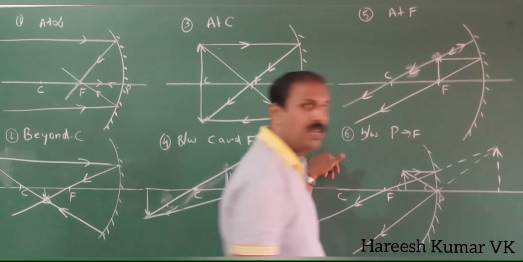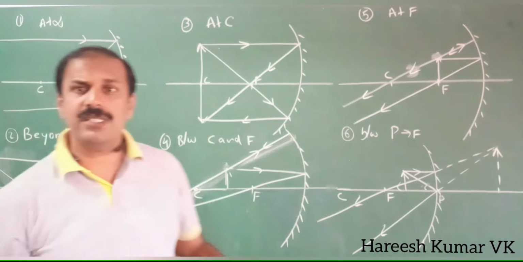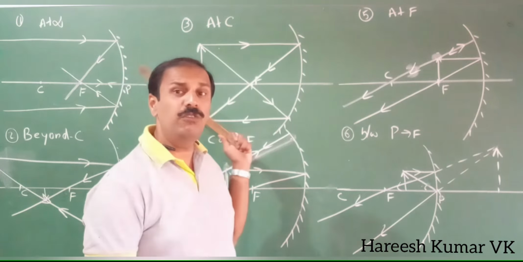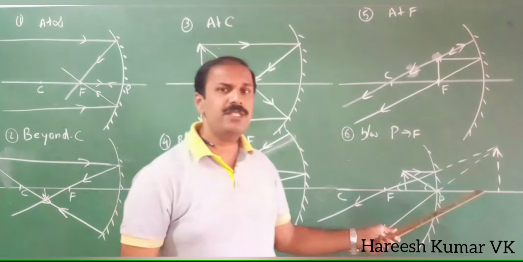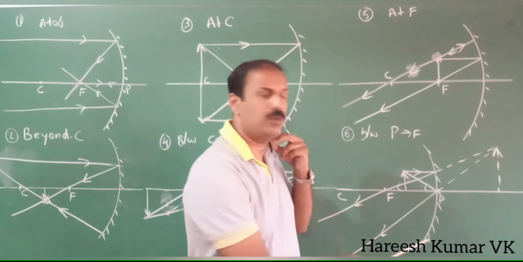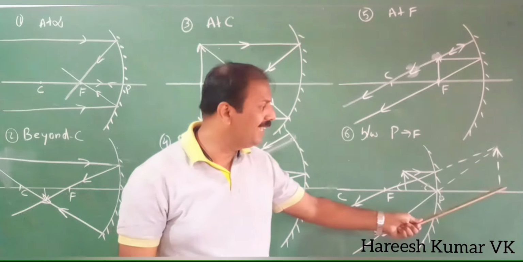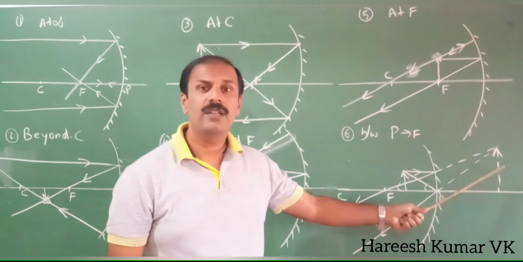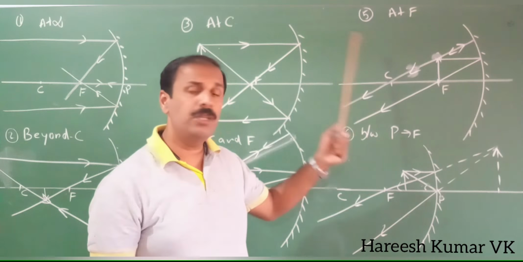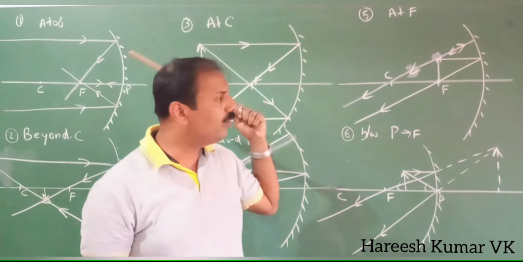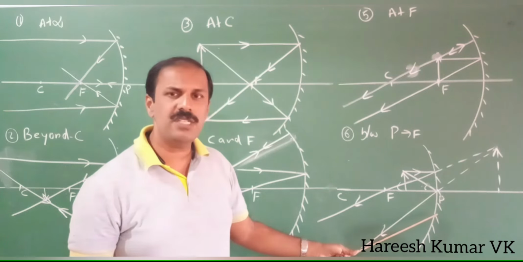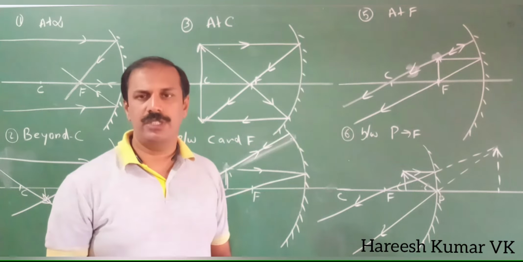That is very important. And you see here, in all these cases, when you use a concave mirror, you were getting an inverted real image. Only for this case, that is, when the object is between P and F, only for one case, we are getting an erect virtual image. So when the image is virtual, it is erect. And when the image is real, in all these real images, it will be inverted. That also you have to remember. So only one case is there like this, all other cases are opposite.